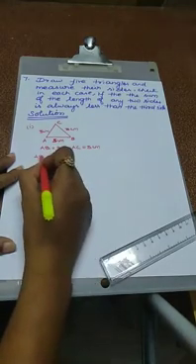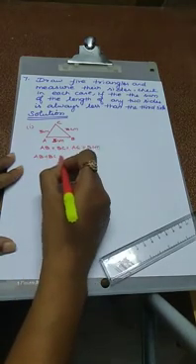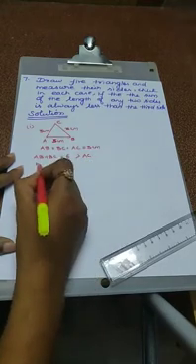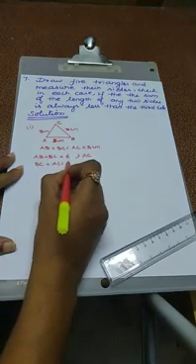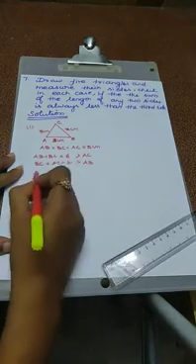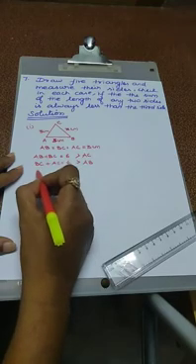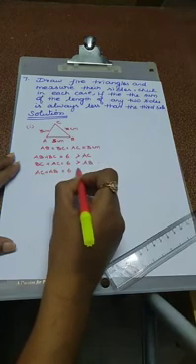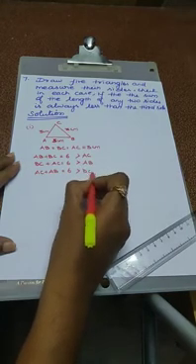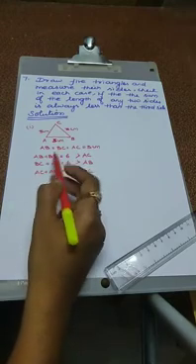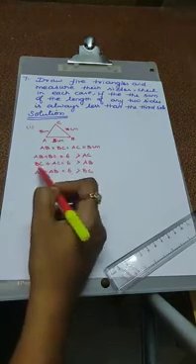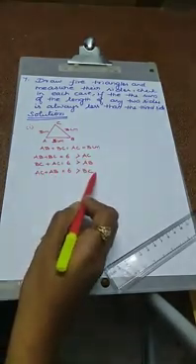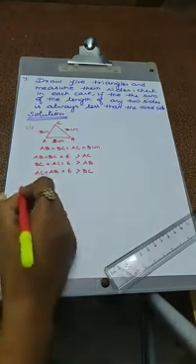Now we just check the value. AB plus BC is 3 plus 3, 6. That is greater than the third side value. Okay, next take the next two values, BC plus AC. Again 6, it is greater than AB. And the next one, the other two sides: AC plus AB. AC is 3, AB is 3, 6 centimeter is greater than the remaining side BC. So you just check it: AB plus BC greater than AC, BC plus AC greater than AB, and AC plus AB greater than BC. Okay, next we have to check the second triangle.